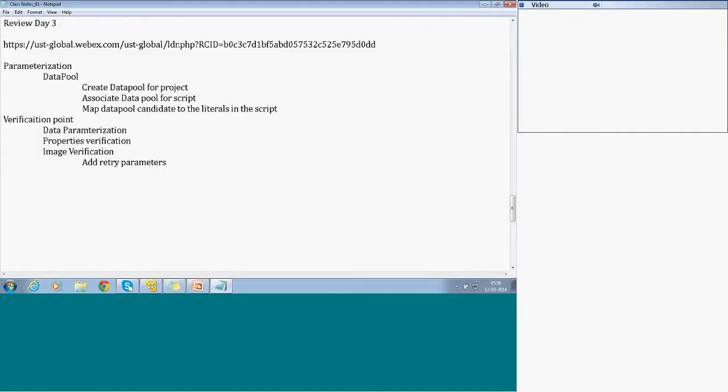Verification point is for comparing expected versus actual. Right? So we do have data verification, properties verification, image verification. These are all the 3 verification points we have seen in yesterday's session. So what we are going to do today,